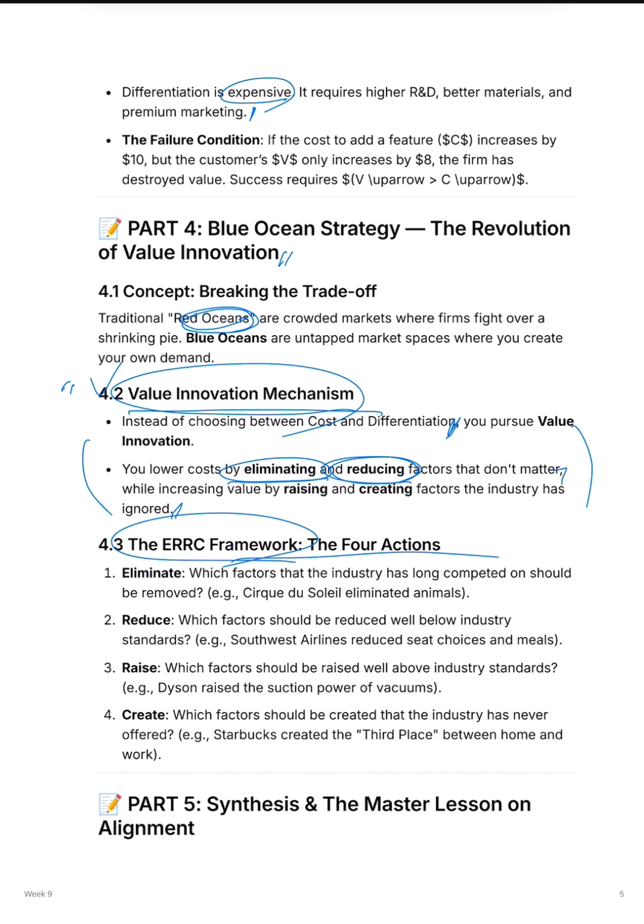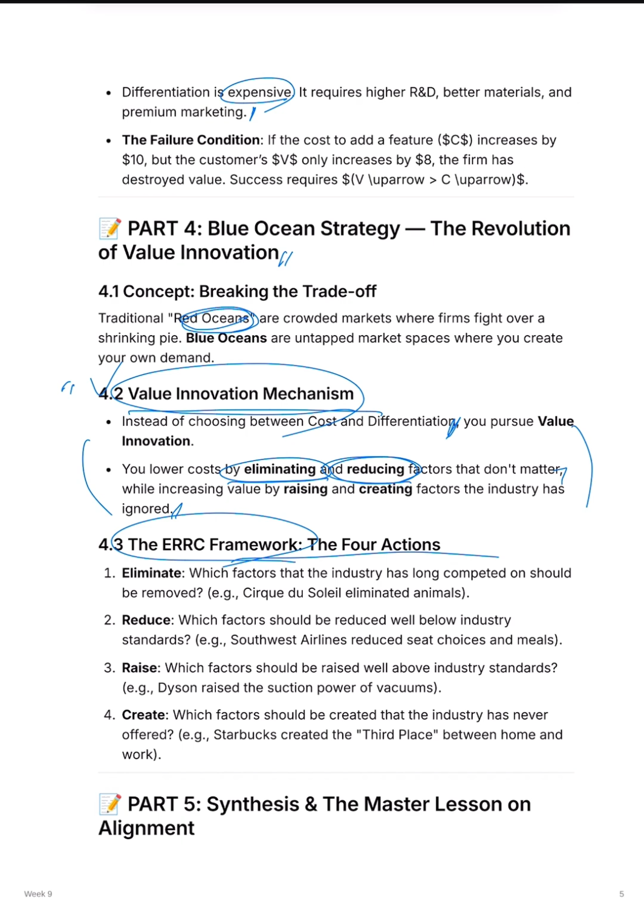Blue Ocean into four actions organized in an ERRC grid. So the logic is simple but profound. Every industry has accumulated action factors, things competitors compete on only because they always have, not because customers actually value them today. So the ERRC framework forces managers to